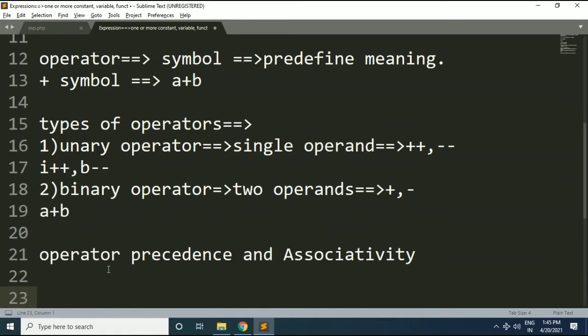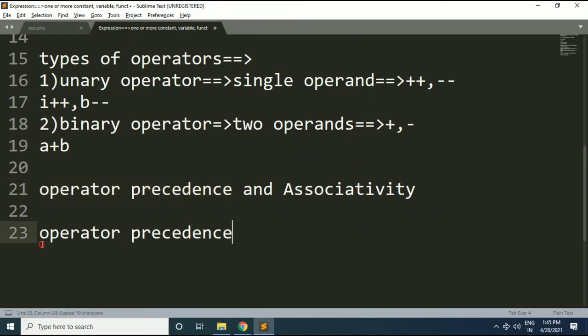Now first of all, we will try to understand what is operator precedence. Operator precedence determines which operator is performed first in an expression with more than one operator with different precedence. For example, if I write 20 plus 30 into 50, this is the simplest expression.